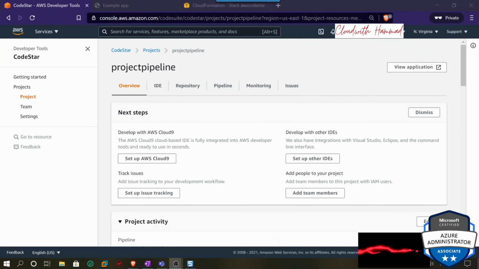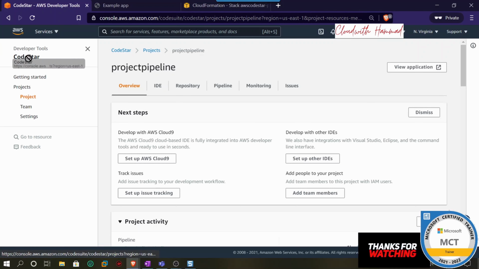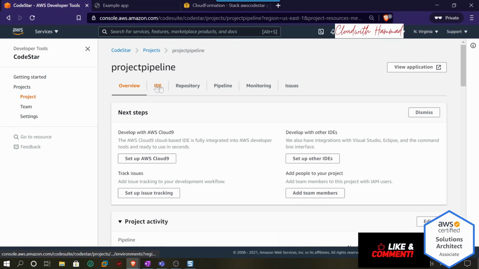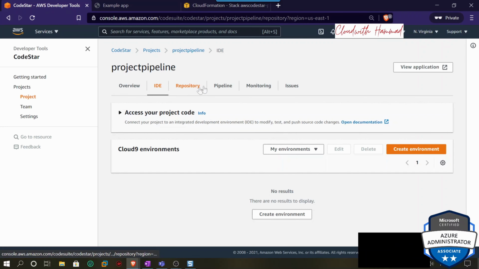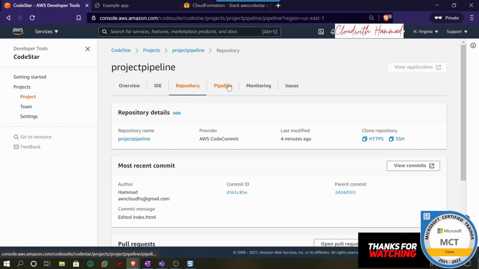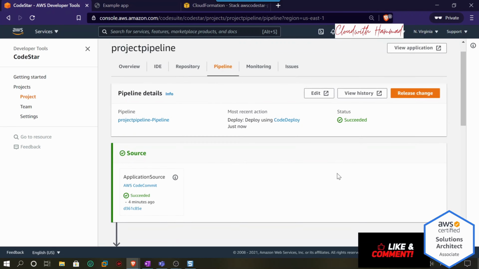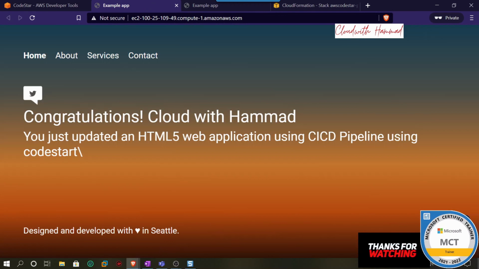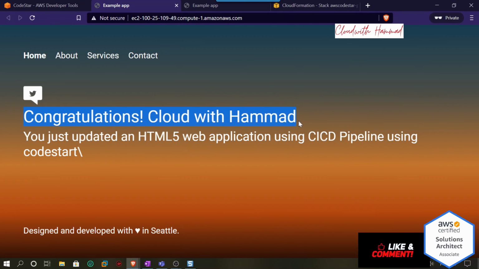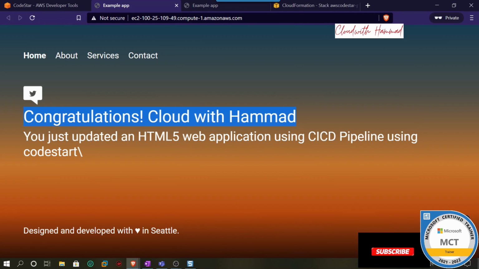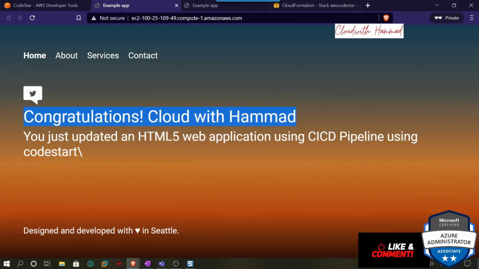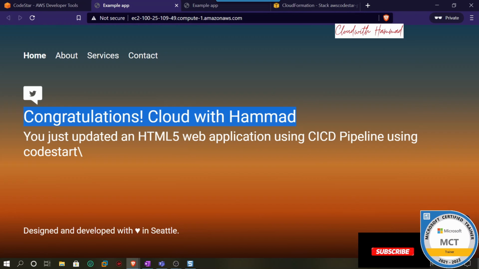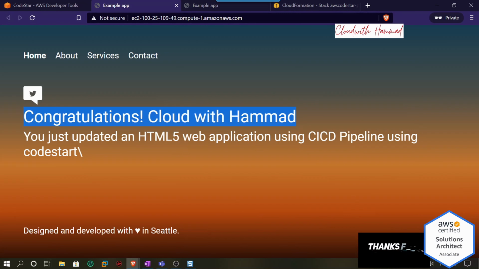All right, so I am back in my CodeStar where it says it's deployed. I'm just making sure on the pipeline. Yep, it says succeeded. So I'm going to click on my application, and there you go. You can see that this is changed as we committed, with my name. So this is how you would make changes to your code and commit that code. It's going to go back to the pipeline, make another build, and display this. So that will be it for